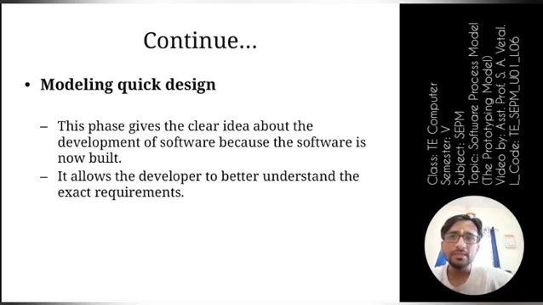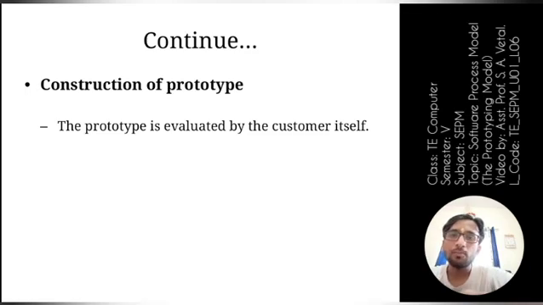It also allows the developer to better understand the exact requirements. Through this modeling, a developer comes to know the better or exact requirements of that software.